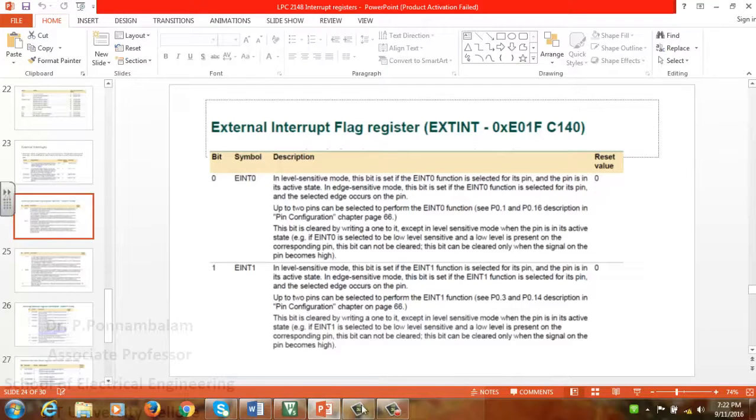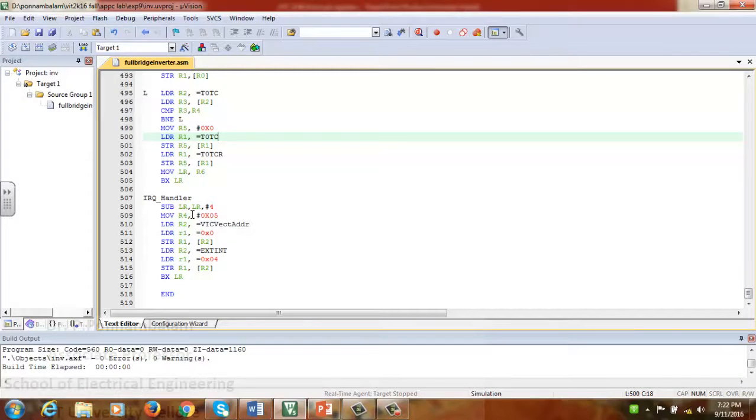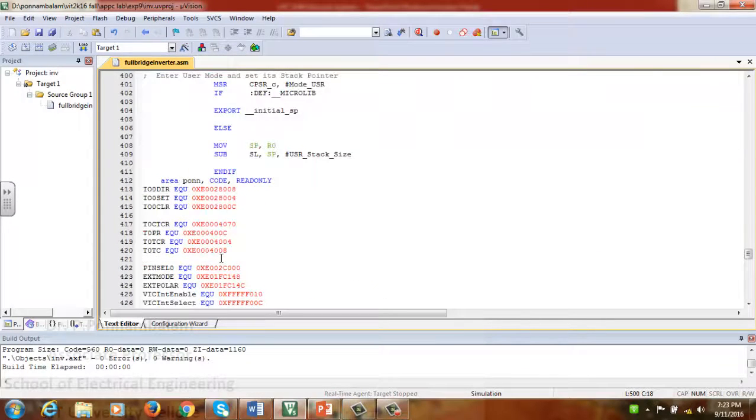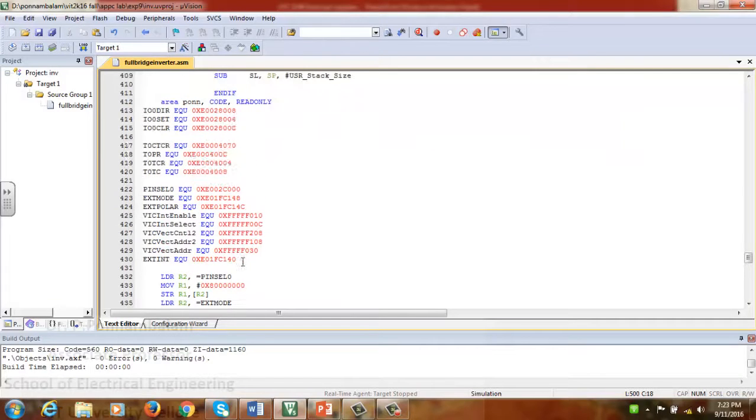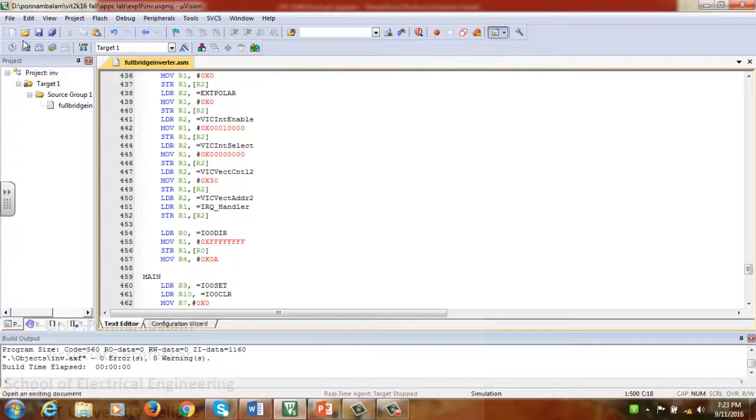Since we have completed the operation of the interrupt over here itself, as far as this program is concerned, the interrupt should change the value of R4. The R4 change has been done, so we are done with the interrupt and we are returning back. Before returning, I clear the flag, clear the vector address, and then go back to the main program. So BX LR means return to the main routine. This is the explanation for this program. So let us run and see: translate, build and rebuild.